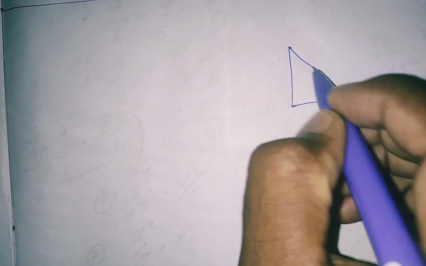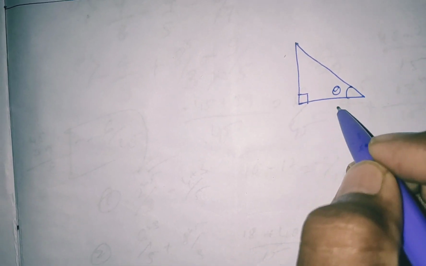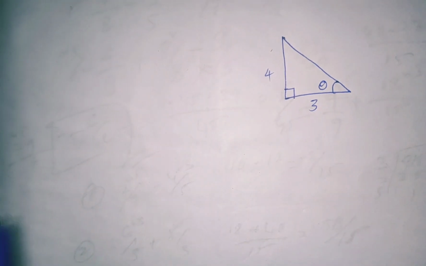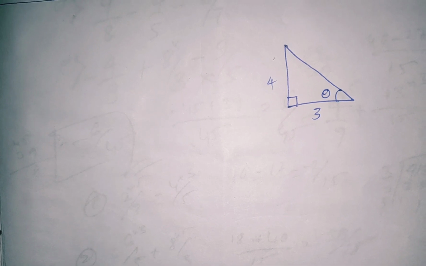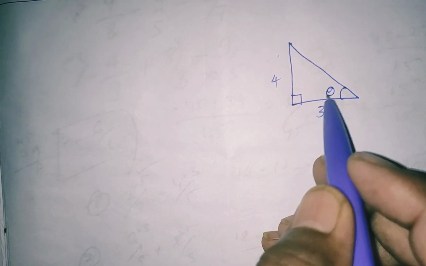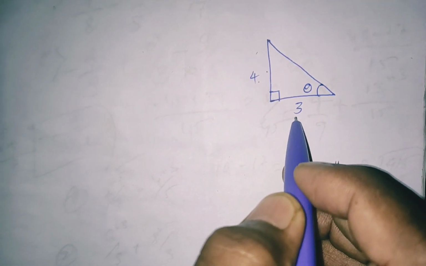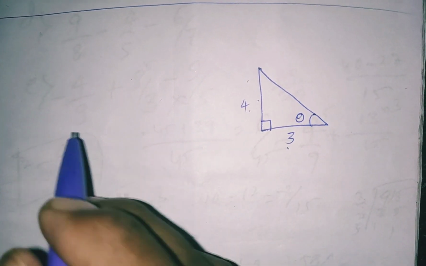Now today we are going to study the same topic, trigonometry, with some examples. This is theta, this is 90 degrees, and this side is 3 and this side is 4. Find all the trigonometric ratios, that is, sin theta, cos theta and all the others. Here this is opposite, this is adjacent. Opposite is given as 4 and adjacent is given as 3, but the hypotenuse is not given.